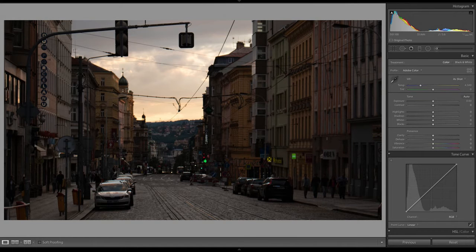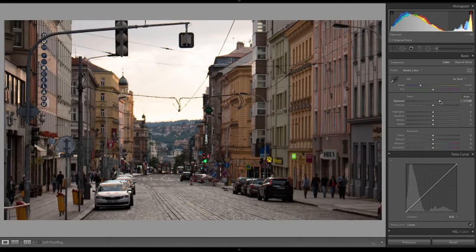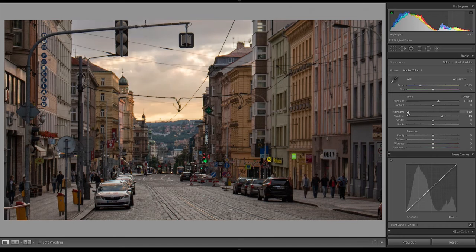Next, I'm going to play with my exposure. So this photo overall is pretty darn dark. So I'm going to bring up the overall exposure quite a bit. I'm also going to bring up the shadows. I'm going to test bringing down the highlights because we're losing a little bit of information in that sky. See how if I bring this down, we get that info back in the sky. And then with the whites, I'm going to see as well.